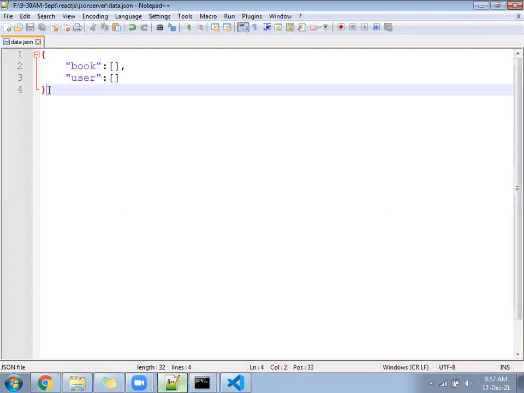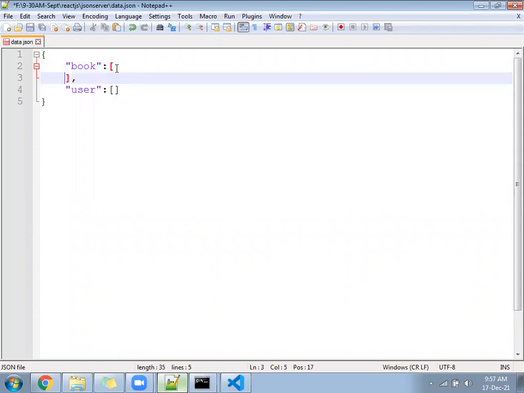Okay, ready? Now go inside the book array and store the data.